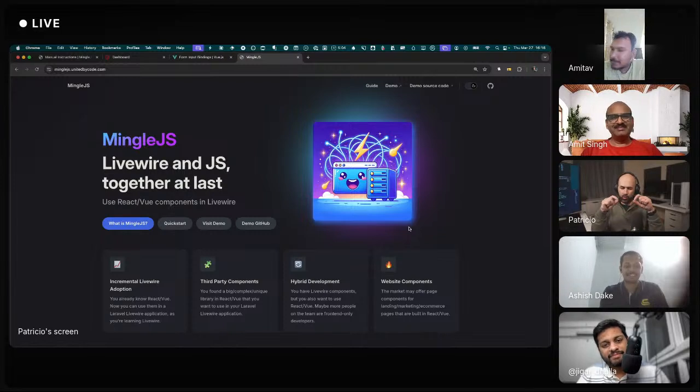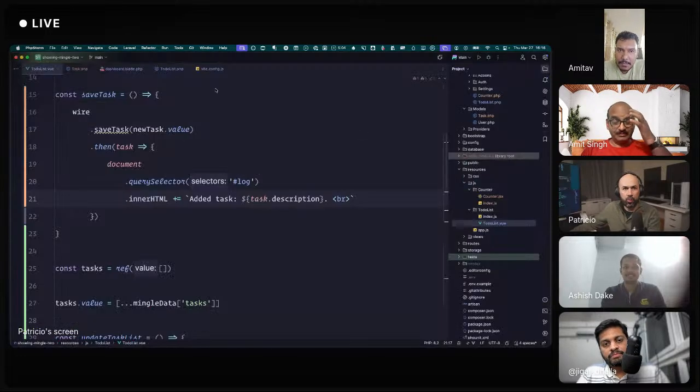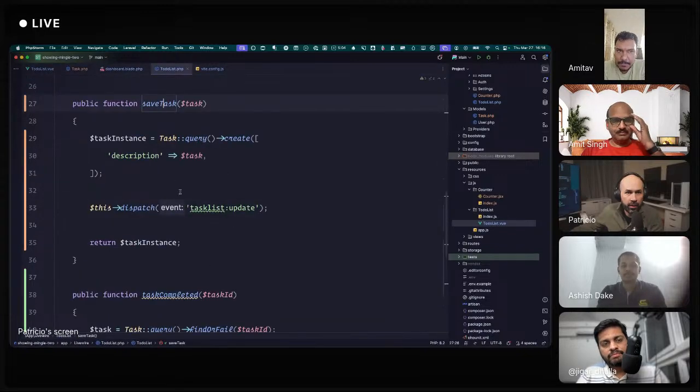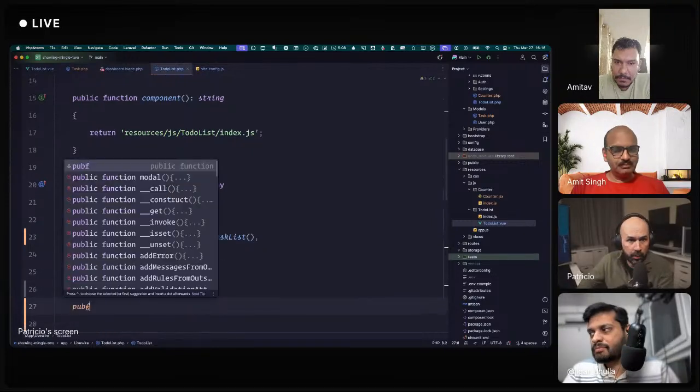It's a placeholder for when the React component, imagine you have some slow query to perform. You can come into the component and do the placeholder.